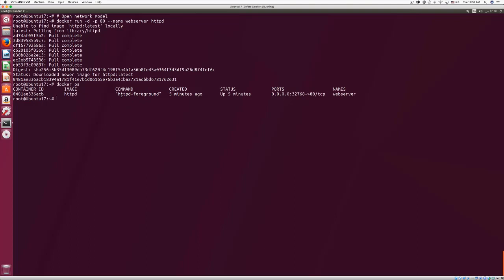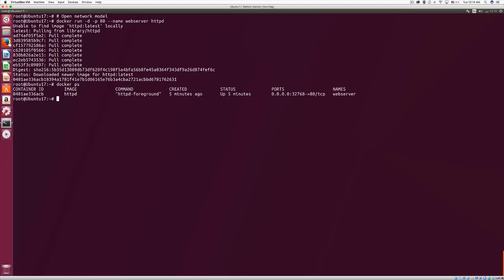And if you remember from a previous lecture when we had a look at the Dockerfile that was used to create this specific image, it had the command called httpd-foreground, and as you can see here, okay. And notice here the ports. The ports show that port 32768 is forwarded to port 80. But what is this port? This port is a random port that has been chosen by Docker, and it is forwarding all traffic that is coming at this port on the host machine to port 80 on the container that we have just created. In order to see this in action, let's launch the browser of Ubuntu, the browser that is installed on the machine,